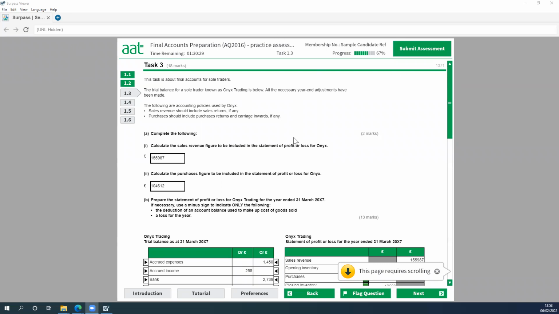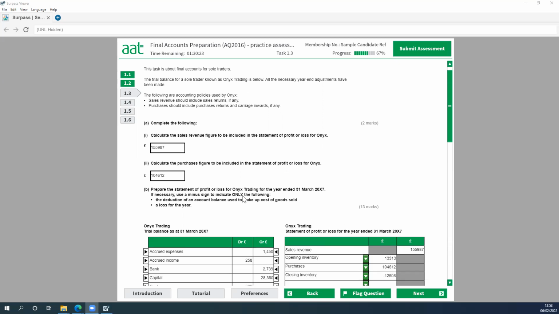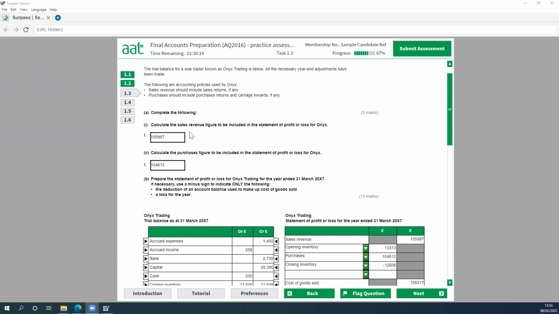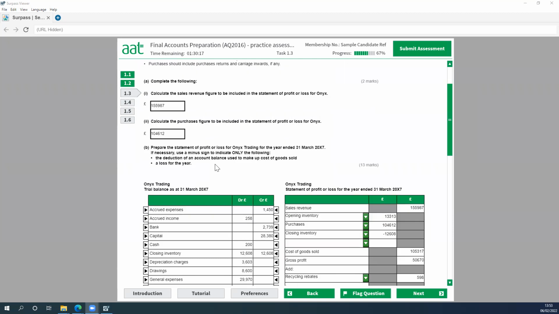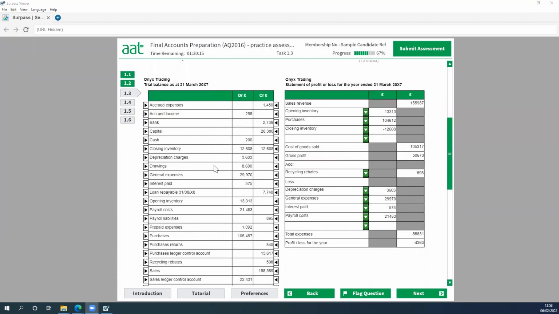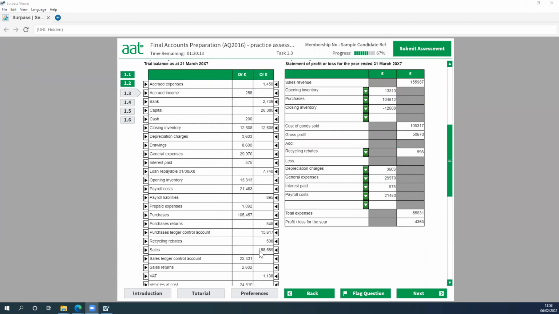is look at the sales revenue and also the purchases figure, and that'll enable us to do their statement of profit or loss. The first thing we'll do is look at the sales and then see if there are any sales returns. Let's have a look. We've got sales here. So sales are